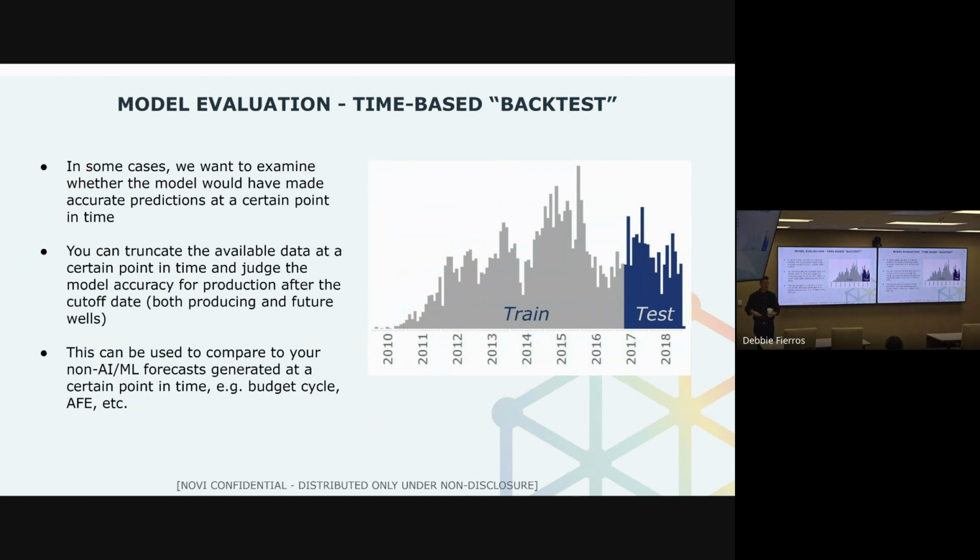Let's wind back the clock 2 years and see how the model would have done, using all the data from before that to predict the last 2 years. And you get bonus points if you can actually align that with a budget and planning cycle or sets of AFEs or something where existing forecasts had been put in by engineers